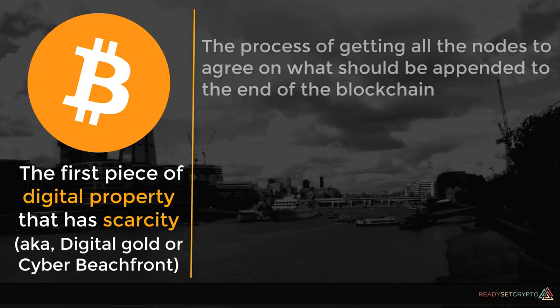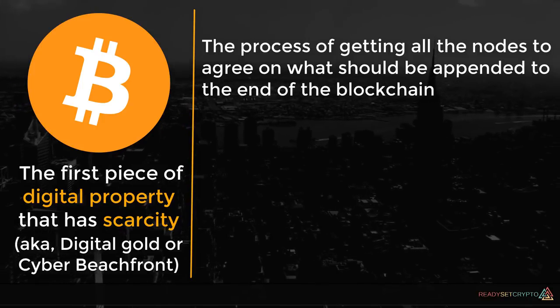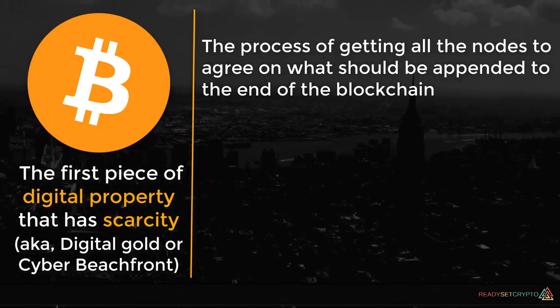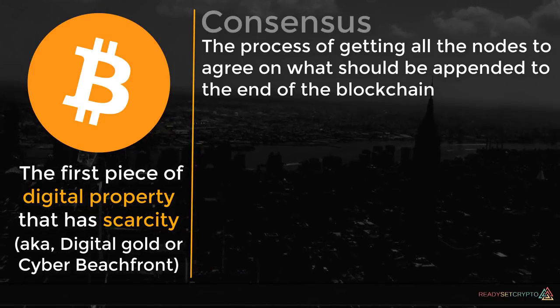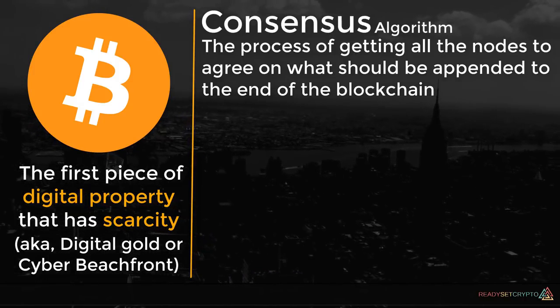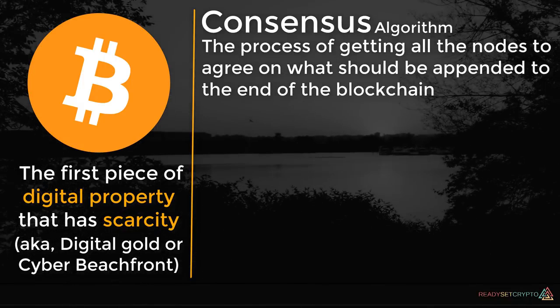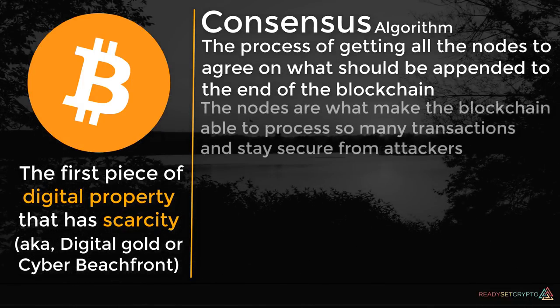The process of getting all those computers, or what I'm now going to refer to as nodes, to agree on what should be added next, what should be appended to the end of the blockchain, is called consensus. What method of consensus those nodes use is dependent on the coin they're helping to secure. Or in other words, the nodes are what make the blockchain able to process so many transactions and stay secure